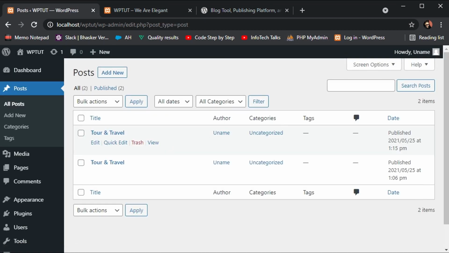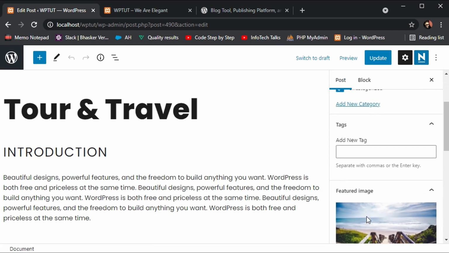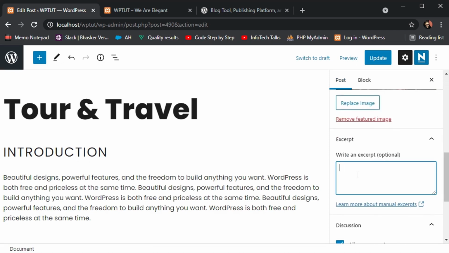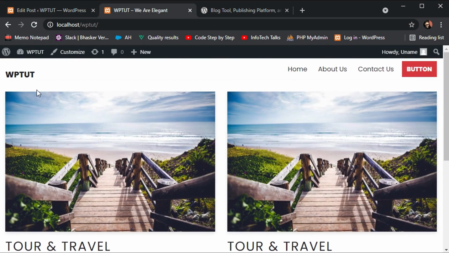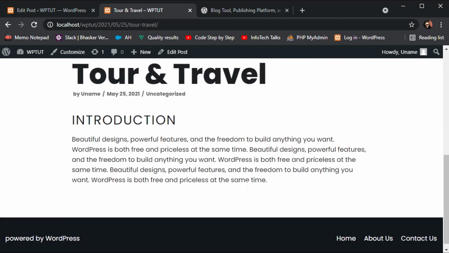You can see the publishing times, 1:15 and 1:06, so this was the latest one and this was the old one. You can click on edit and simply delete these lines, update, refresh the page, and you will see both posts are similar, having the same content.